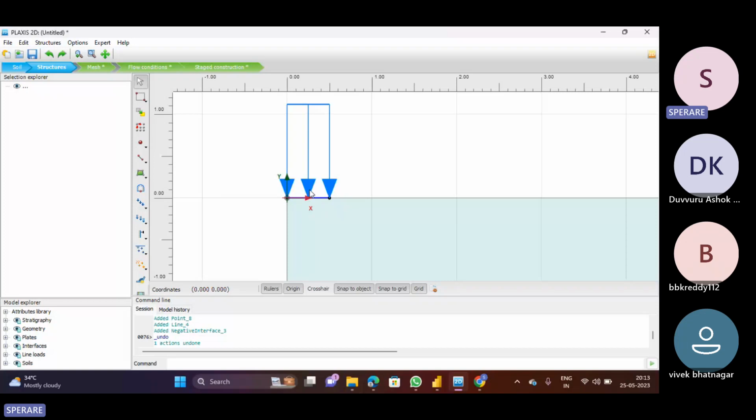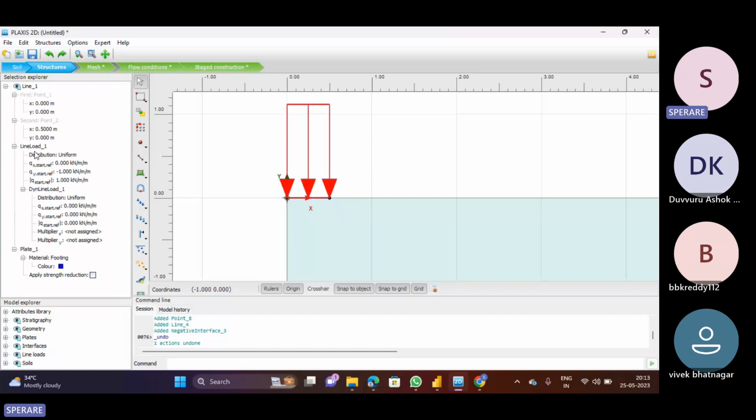So I am just going to select this one. I create a line load, and to this particular line load I'm going to apply the weight of my generator. Here I have not applied it. I've just simply kept it as 1 and -1, because I have not calculated the weights and all. Yeah. Next,